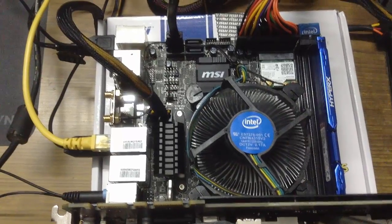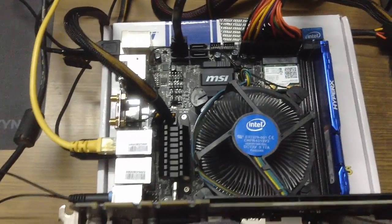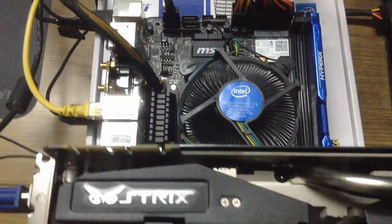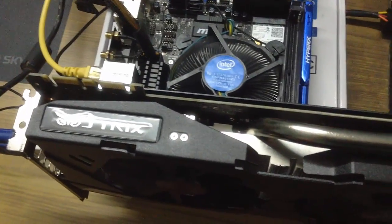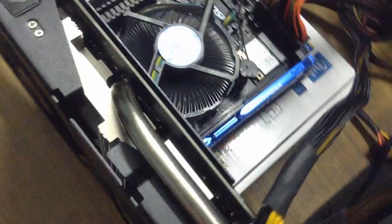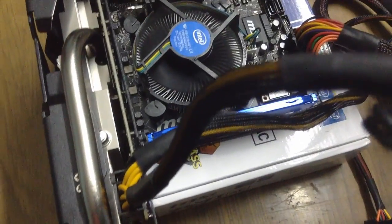So because of the mini ITX form factor, we don't have a lot of expansion. So basically I've decided to go with a really high-end video card because there will be no SLI support. Now, beside the video card and the processor, which is basically hidden underneath that Intel fan that you're seeing,